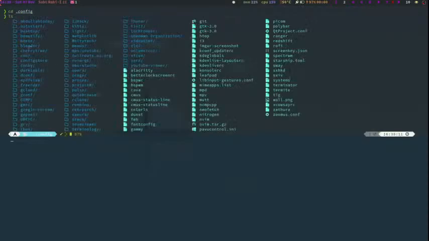Here you can see there are so many directories. You can write configuration files for programs like vim and most of the command line programs which you use, like terminal, ncmpcpp, gato, conky. You can see there are so many directories, and every directory contains some configuration files.